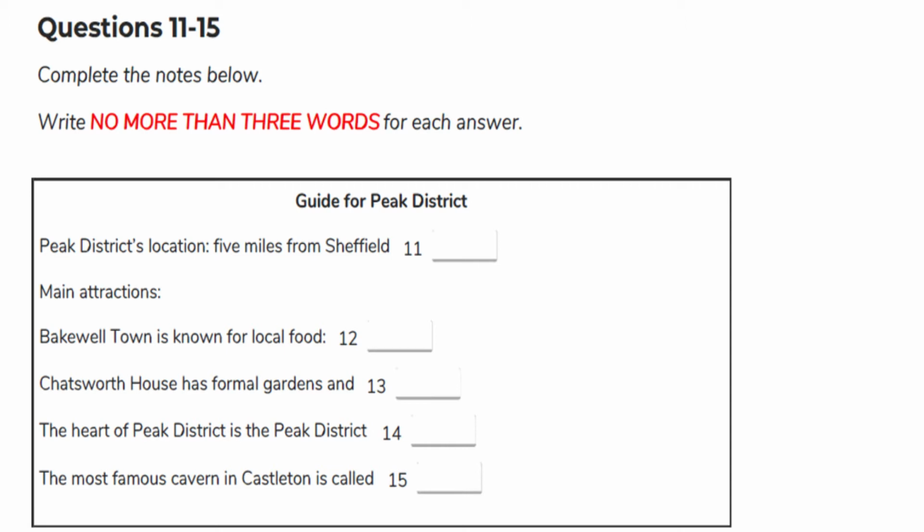Welcome, everybody, to the Guide for the Peak District. Situated in the heart of England and covering parts of 6 counties, the Peak District is a place of outstanding natural beauty. It is just 5 miles from the Sheffield city centre. A short break or longer holiday will allow you to explore some of England's most spectacular scenery, and in the towns, villages and hamlets, amongst the prettiest in the country, you will find a warm and genuine welcome wherever you go. Every taste is catered for, and many exciting activities are available.